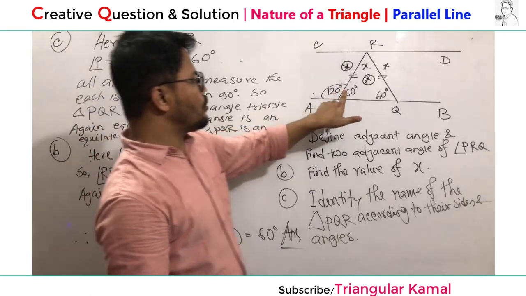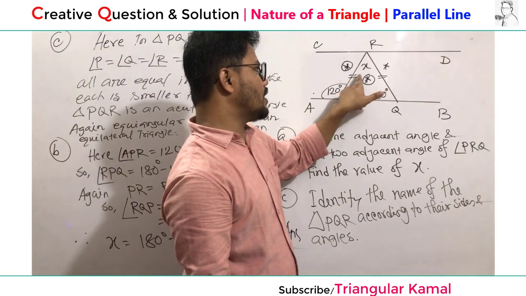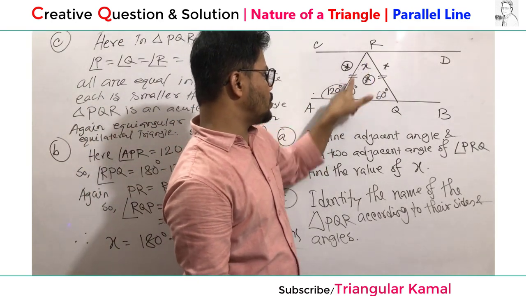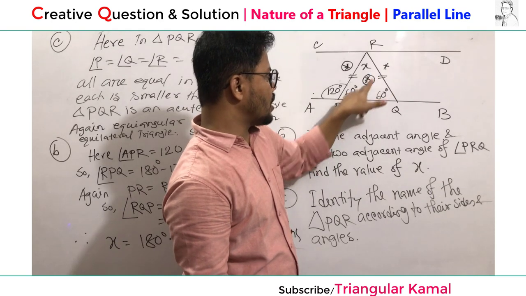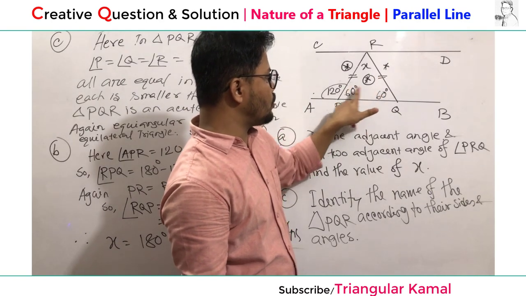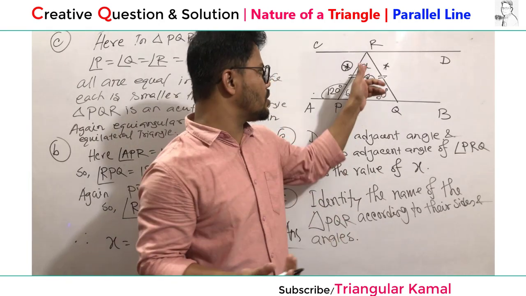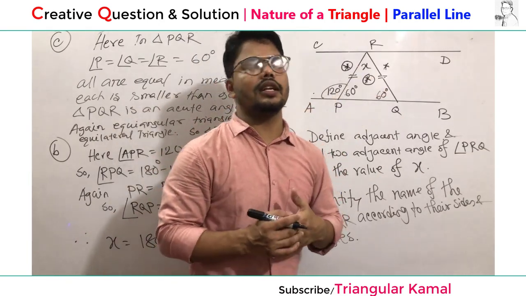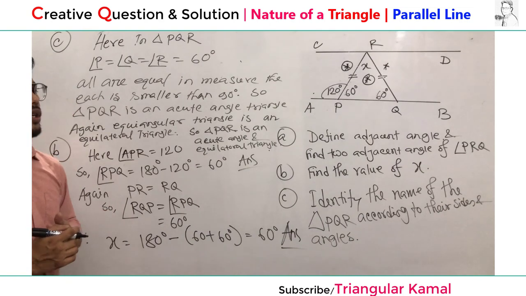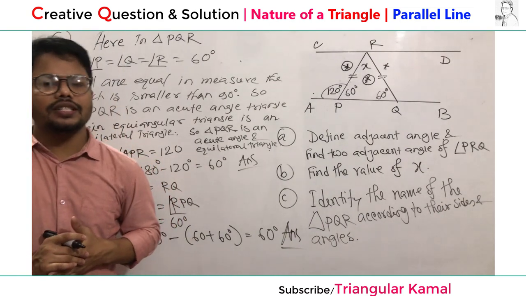Or alternatively you can show here two opposite angles equal, two sides equal. When these two angles are equal, these two sides will be equal. When these two angles are equal, these opposite two sides are equal. So by using equations you can show that three sides of the triangle are equal and they are also an equilateral triangle.